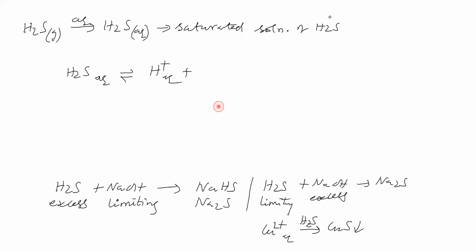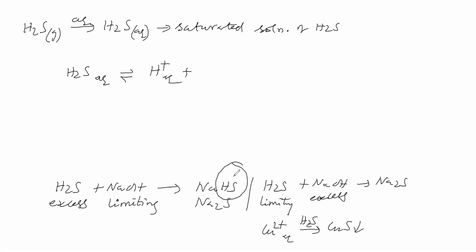what is the possibility of anion? H2S is giving H plus, that we came to know. Now anion is possible. Anion is formed. Cation is there, means anion will be there. What is the anion? Whether the anion is bisulfide or sulfide or both, what do you say? Bisulfide means the formula is HS minus.